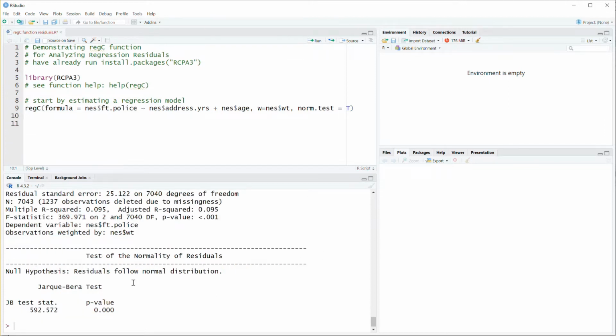And this test applies the Jarque-Bera test to test the null hypothesis that residuals follow a normal distribution. Applying that test, we get a test statistic of 592.572, which has a p-value that rounds to 0.000, so a very low p-value. So we reject this null hypothesis. These residuals do not appear to follow a normal distribution, which would challenge the assumption that the regression residuals are